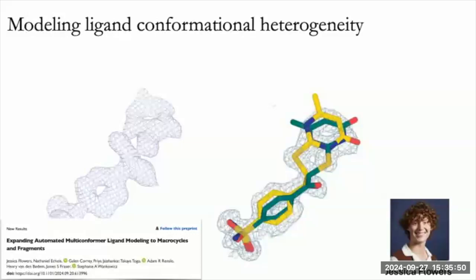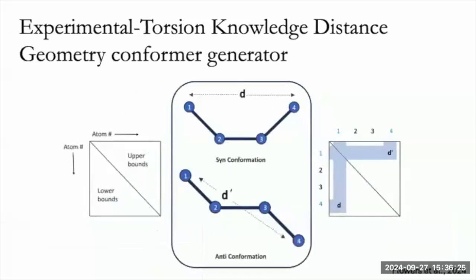What we wanted to do is ask how we can actually model multiple conformations of ligands. Unlike with proteins, where we know rotamer states and the bond angles and bond lengths that proteins like to sit at, for a long time there was a lot less information about ligands, unless you were going to do a really expensive QM calculation. But luckily, over the last couple of years, there have been a lot more knowledge-based databases. So Jessica took the experimental torsion knowledge distance database that can create conformations